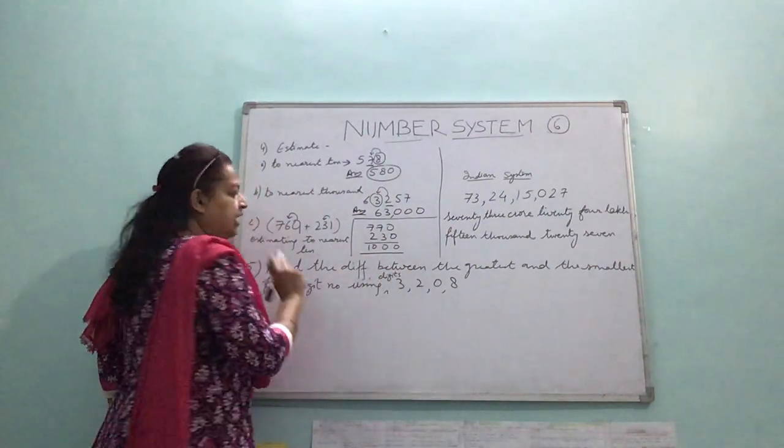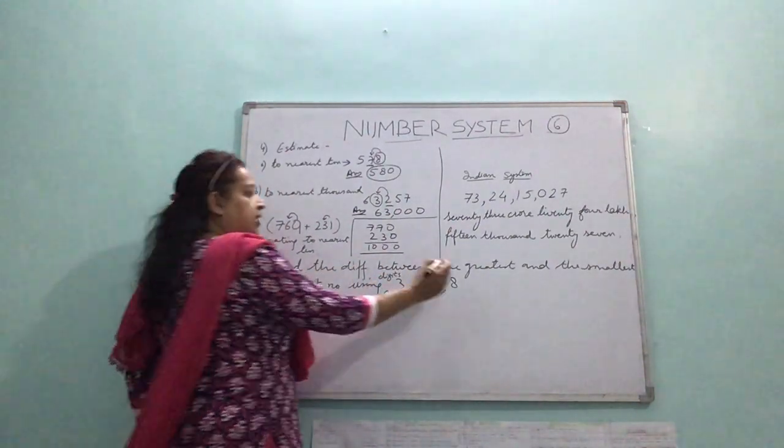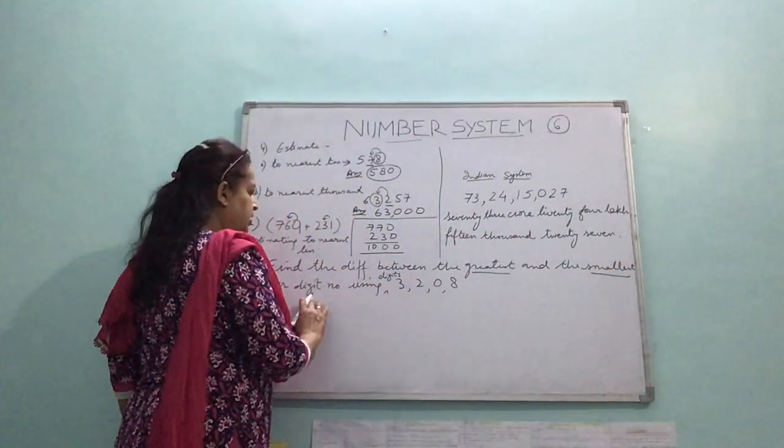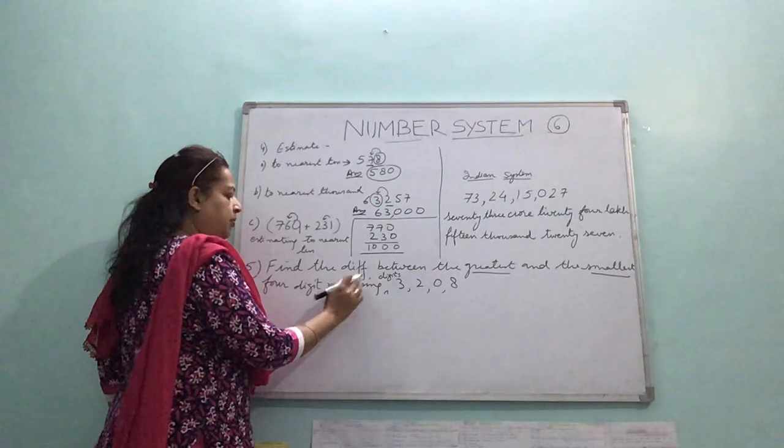So I have to find the difference between the greatest and the smallest 4-digit number formed using